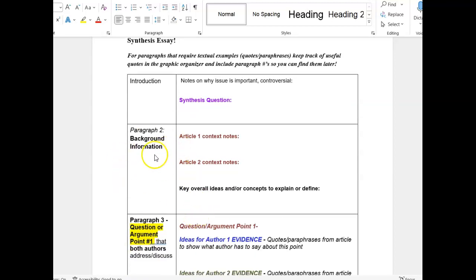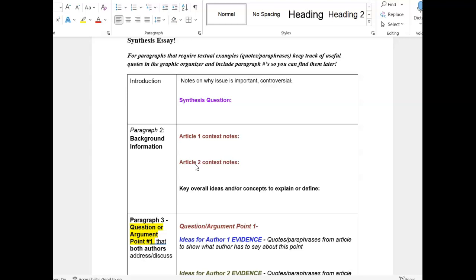In the background information, it says Article 1 context notes and Article 2 context notes. I think that might be a little unclear. Just to understand what it means by context, you're providing a little bit of background. This would be a good place to give a bit of background about where the source is coming from. So again, let's use an example like